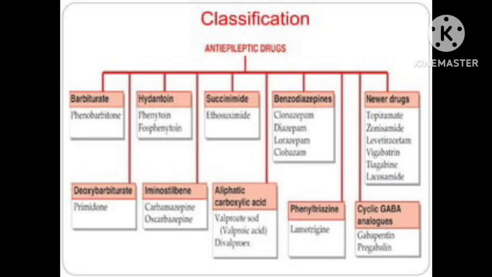Next, calcium channel blockers, especially T-type calcium channels. It is important in absence seizures, for example, ethosuximide. Next one, reduced glutamate activity. Glutamate excites neurons, so reducing glutamate decreases excitation. For example, topiramate and felbamate. So let us learn important drugs one by one.